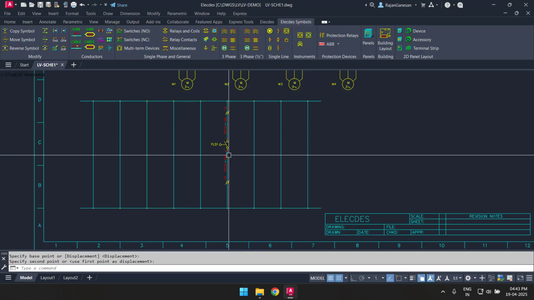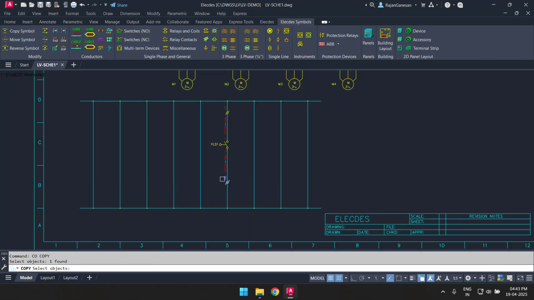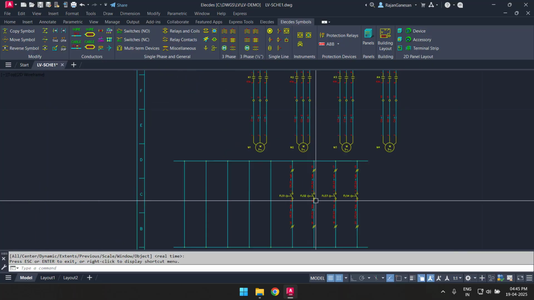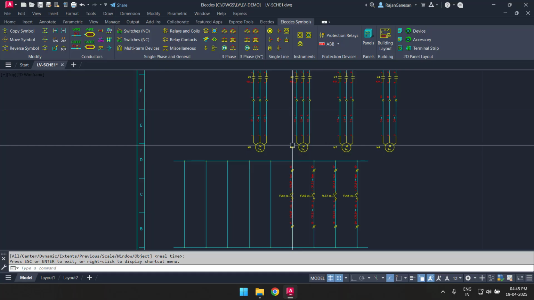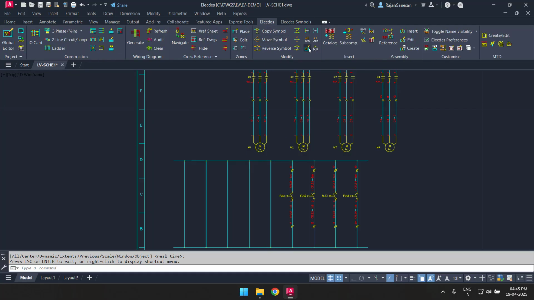I can now replicate my field device circuit with the CAD copy command. You will note that the Electez reactor system automatically manages and increments the tag names to the next available names when we copy Electez components around the circuits. Electez also provides a name synchronizing system which ensures families of symbols and duplicated symbols are kept synchronized when you edit them.